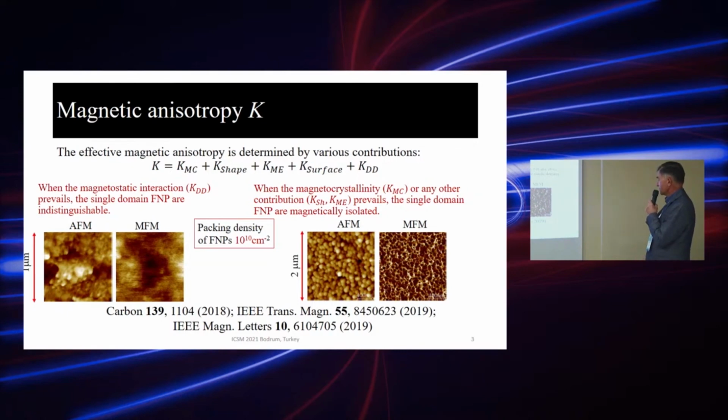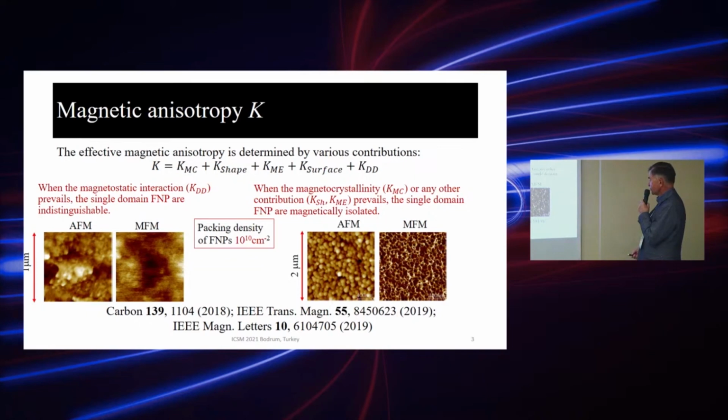And one of the most important things among any others is the magnetic anisotropy, which in principle is determined by many contributions like magnetocrystalline anisotropy, shape anisotropy, magnetoelasticity, and surface, which is especially important for fine nanoparticles. And we have not forgotten about dipole-dipole interaction between nanoparticles, which can smash the contribution of other